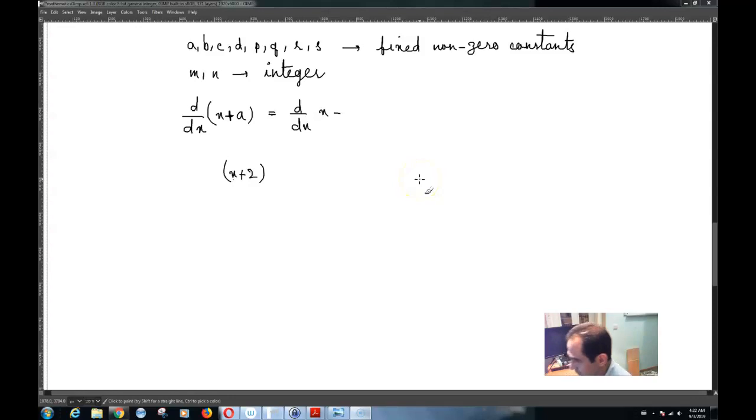d by dx of x minus d by dx of a. So d by dx of x, of course, is equal to 1, and d by dx of a is equal to 0. So that's equal to 1. So number 2 is 1. And number 3, for example,